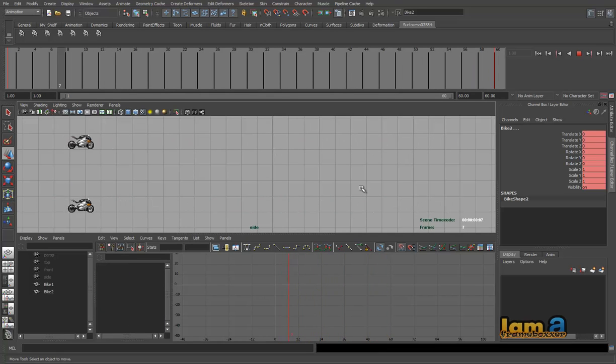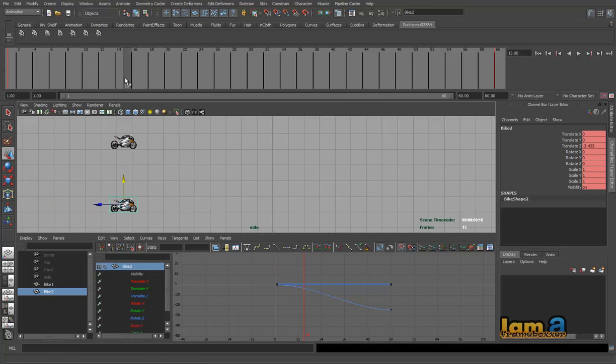Now if I want to show different speeds within the timing itself, imagine a situation where we want the bike to start much faster and then slow down and stop with a better ease in. Then how do we approach that? That is where spacing comes into place. Now the overall 0 to 60 is the timing. Now we are going to do spacing variation by understanding the tangents, or the curves, mainly with the help of tangents. The tangent makes the spacing happen.